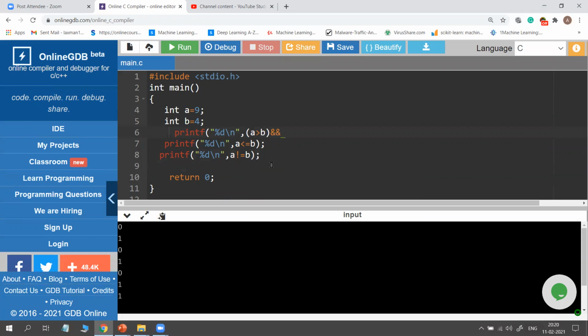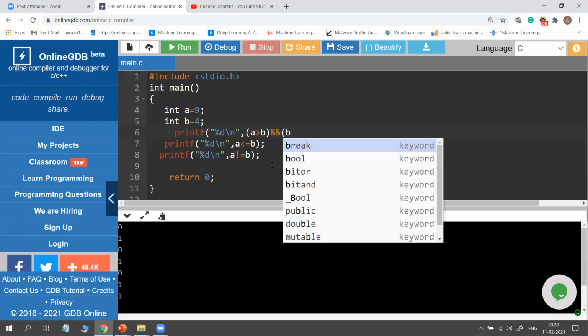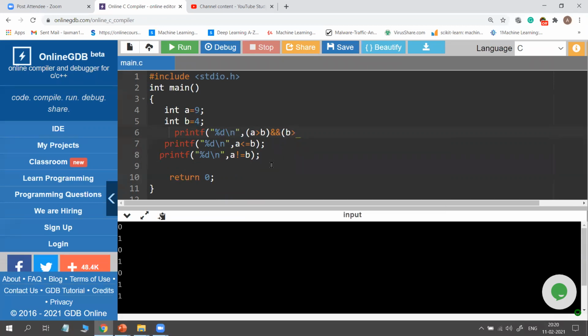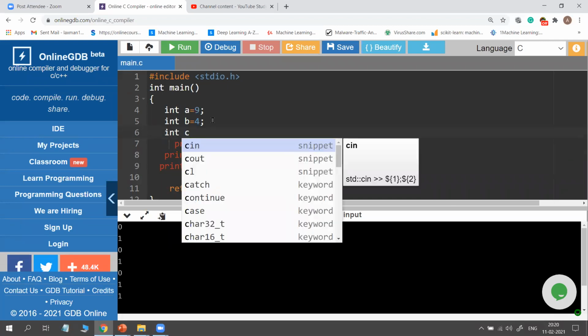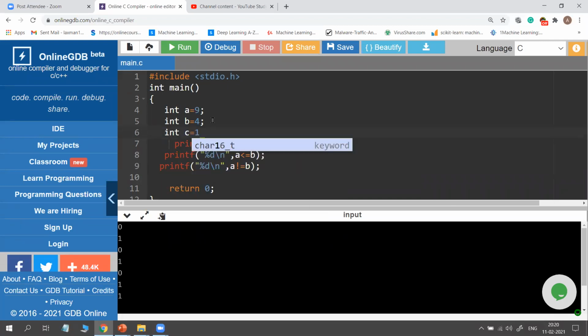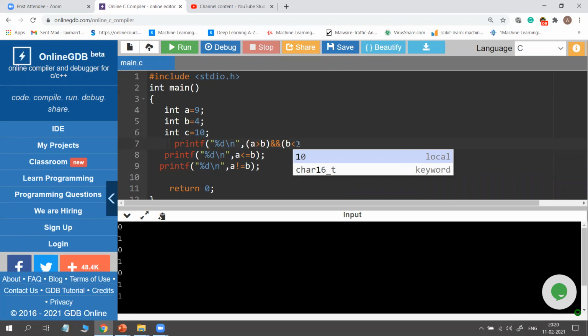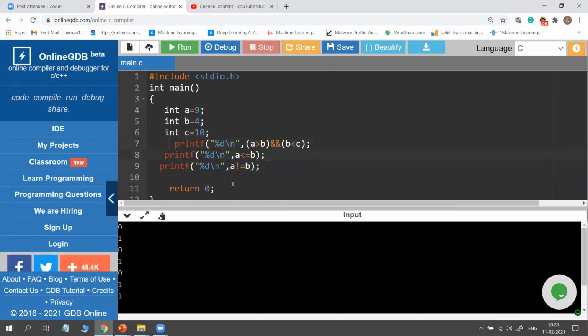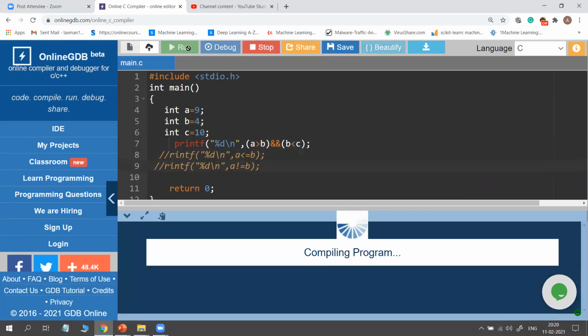For example, B greater than, you need to write one more variable, so int C equal to, for example, 10. So B less than 10. See, we are using the variables. This is my first operation. First we will try to see the output and later we will discuss the remaining ones. Just run it.